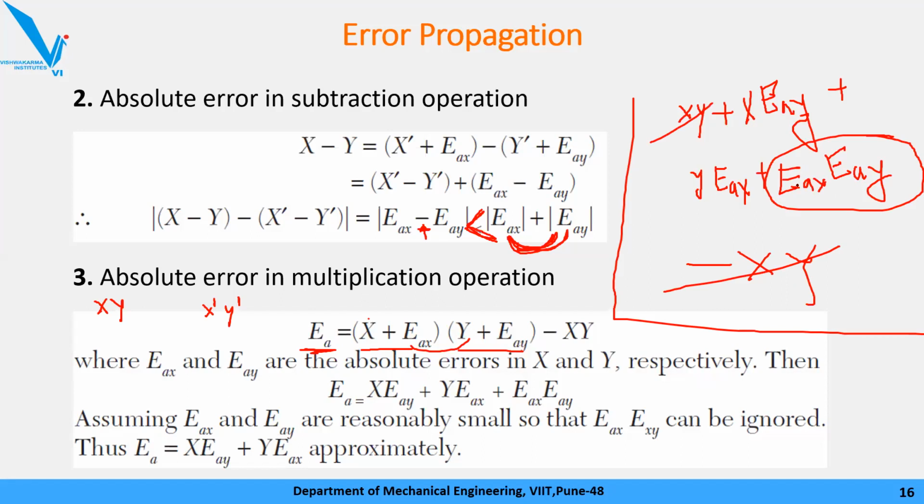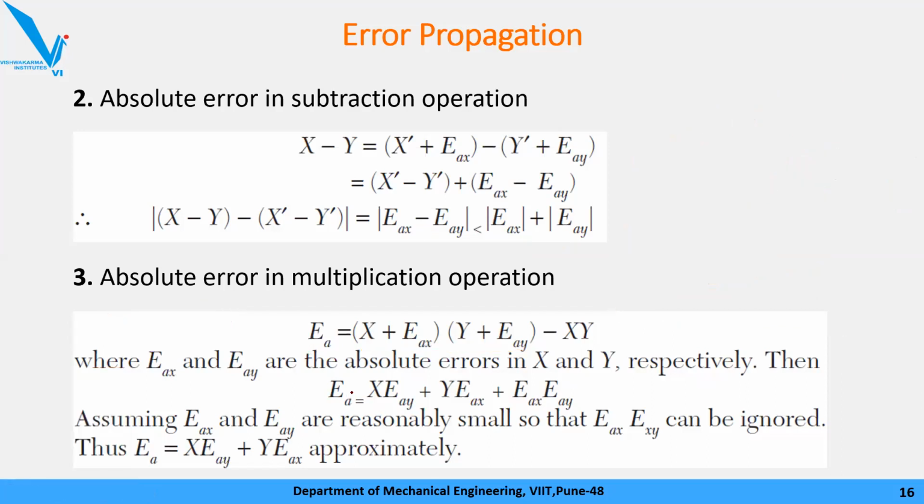y direction, the multiplication of these two. When we go for multiplication, 10 to the power minus 3 into 10 to the power minus 3 become 10 to the power minus 6. Okay, so very less value. So as this multiplication term will have very less value, we will try to neglect it. Okay, we will neglect this value. So ultimately what we will get, this equation. Okay, so we have neglected the multiplication term of error. So ultimately we'll get absolute error equal to x EAY plus y EAX.